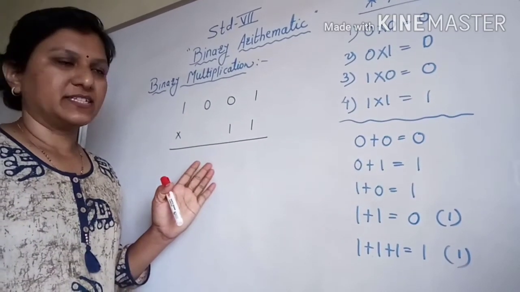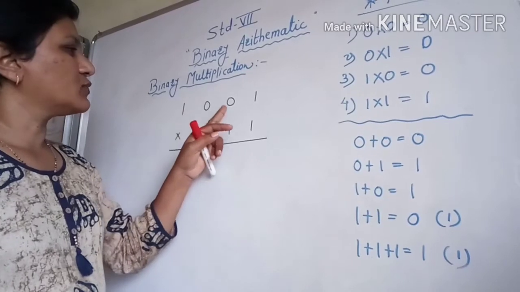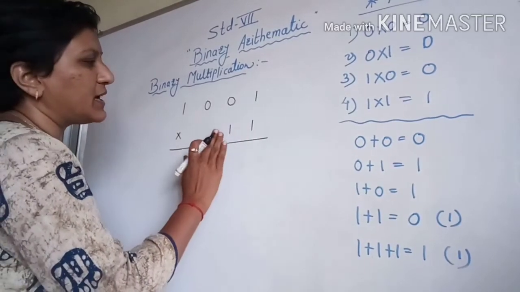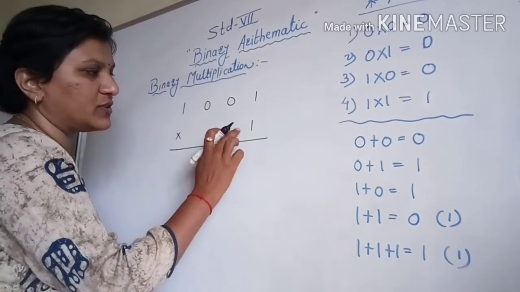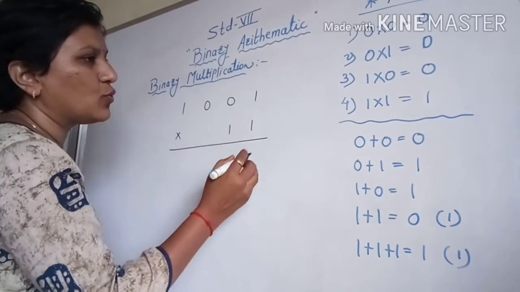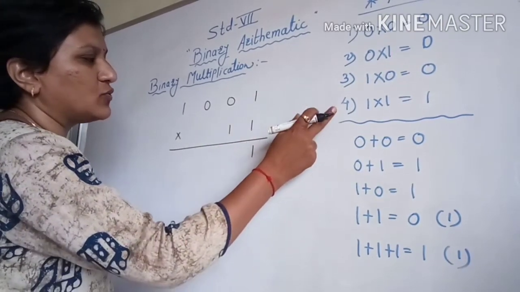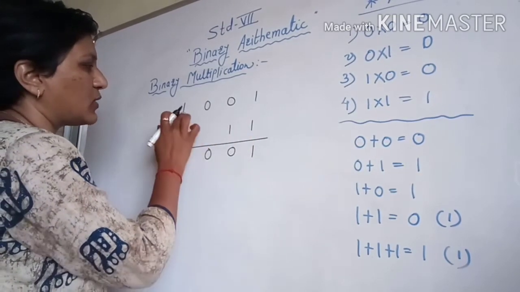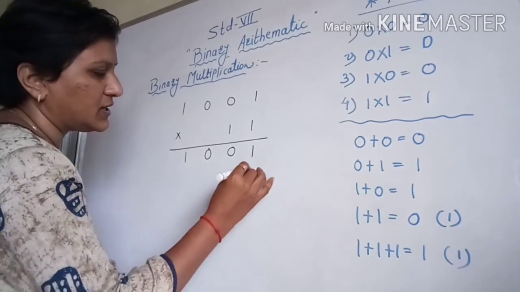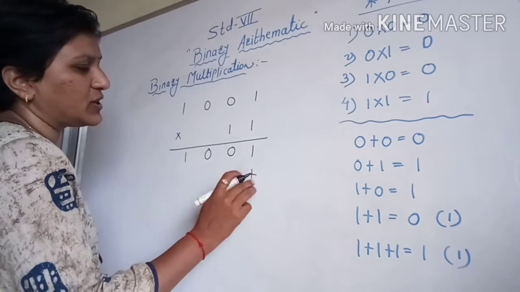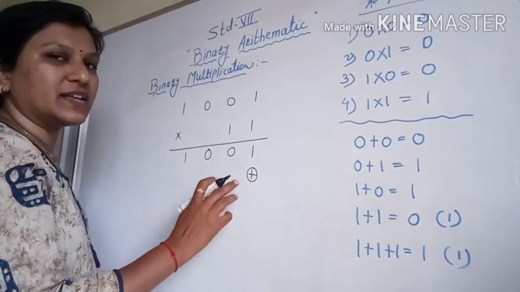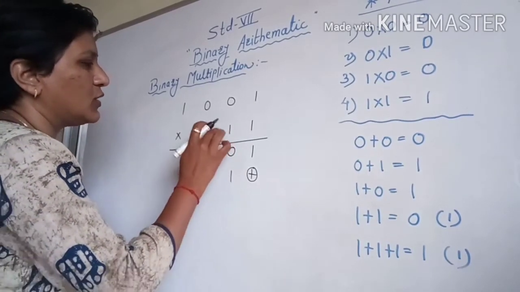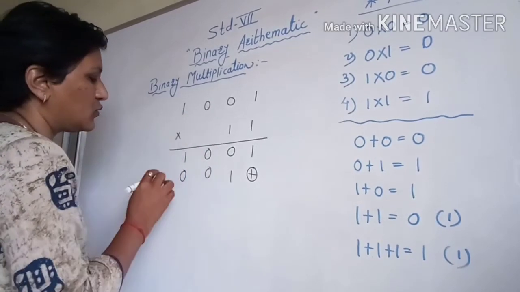Now this is our second example, multiplication of 1001 with 11. So now we are going to multiply each digit by each digit of the multiplier. 1 into 1 will have the value 1 by rule 4. 1 into 0 will have the value 0. 1 into 0 will have the value 0. And 1 into 1 will have the value 1. Now we are going to shift to this side, so putting a plus sign over here, I can mark that no number is present here. 1 into 1, 1. 1 into 0, 0. 1 into 0, again 0. And 1 into 1, 1.